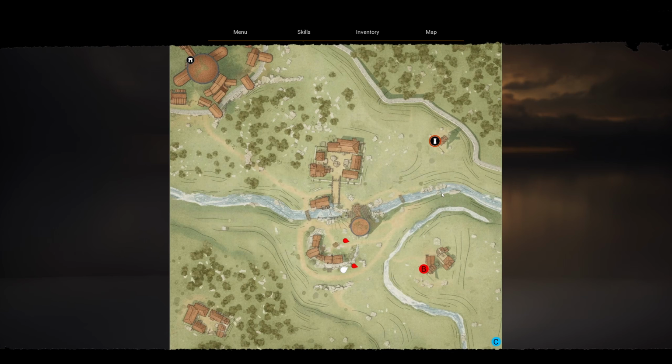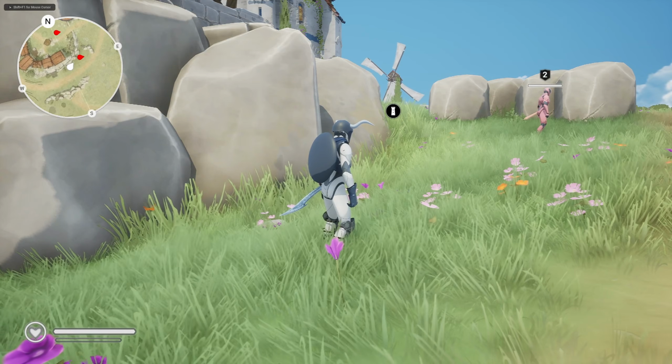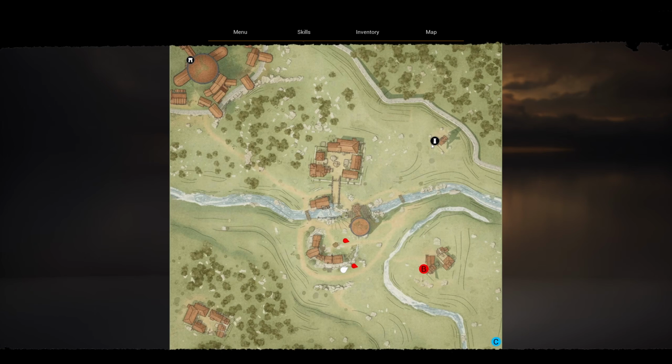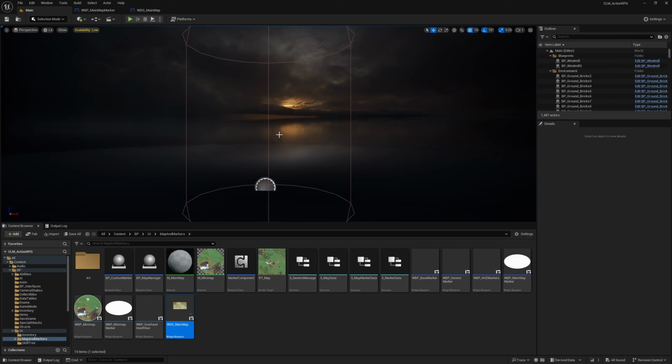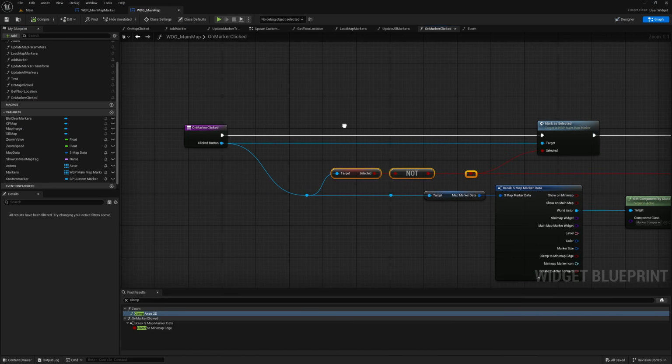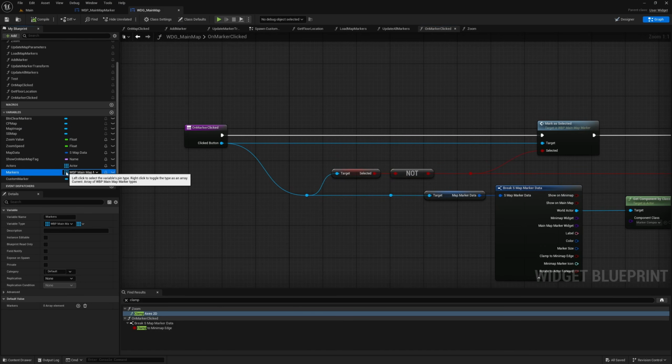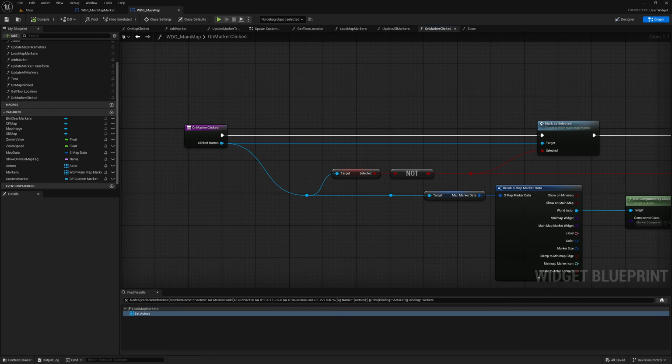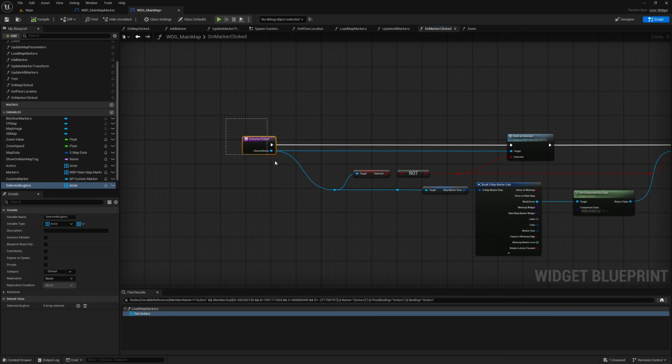And there is a problem. If I close the map and open again, the selected state is gone. Now we need to fix that. In here, we have the minimap markers. Okay, I'll add another actor array. Let's say selected actors, right? And then here,